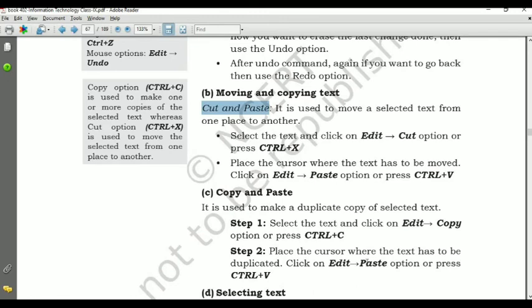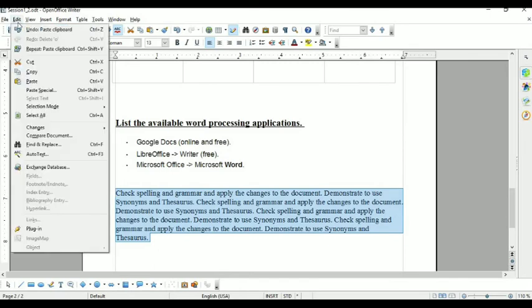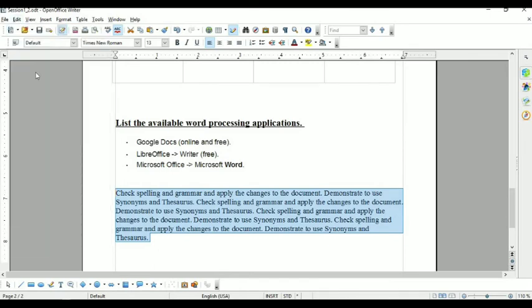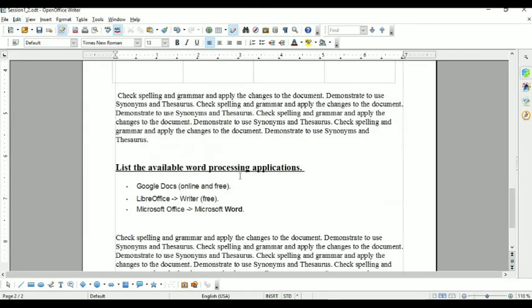Click on the edit paste option or press Ctrl+V. See here. Again select the text. This I want to make a copy of here in an older place. So what I do, go to the edit, then there is the copy option, select this, then place the cursor where we have to duplicate it, then go to edit and then paste. Now see, its copy is generated. It's clear.